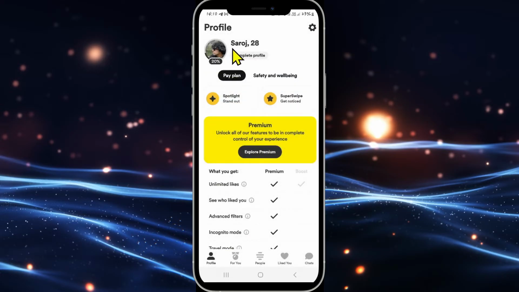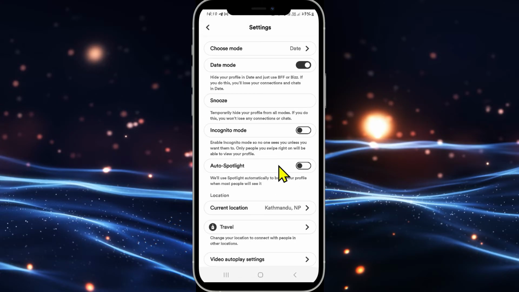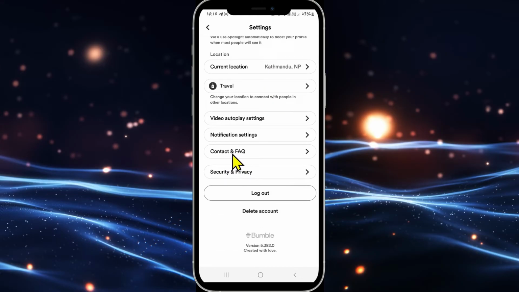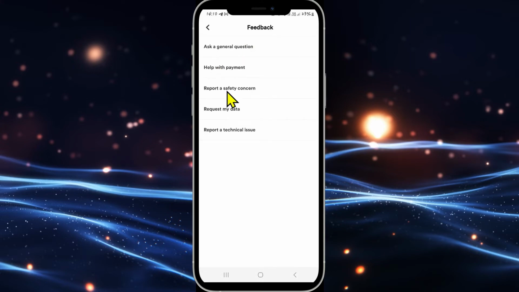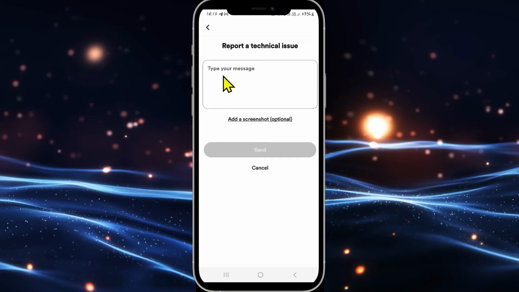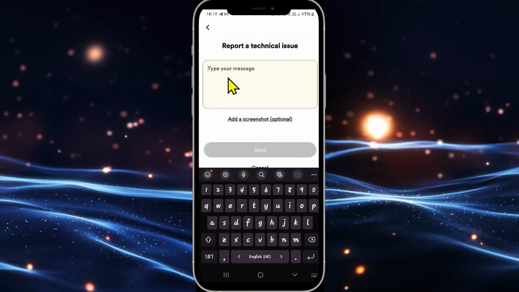Tap on the gear icon from your profile page at the top right corner and then scroll all the way down and tap on Contact and FAQ. From here, tap on Contact Us and then tap on Report a Technical Issue, and now you can simply type in your message and let them know that your profile name is incorrect and you would like to have it changed. Also make sure to include what you would like to set your profile name into and then tap on